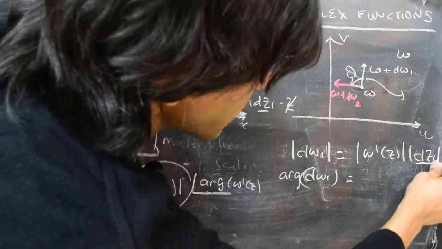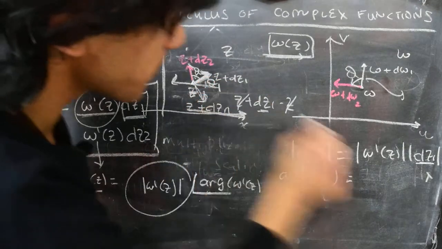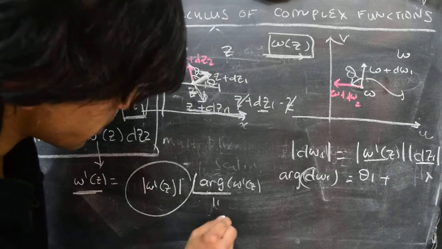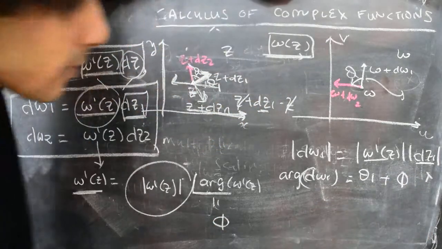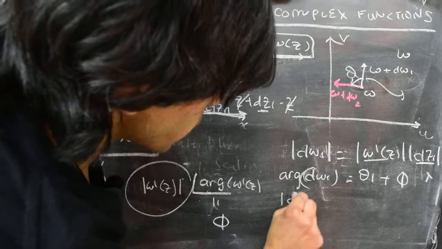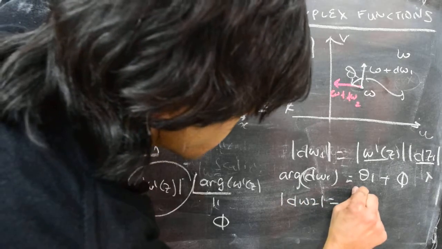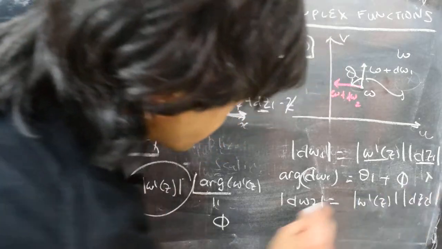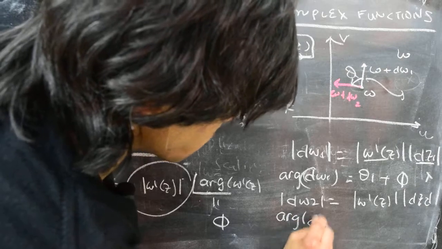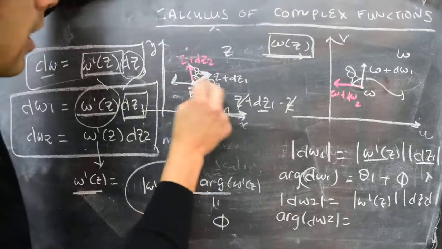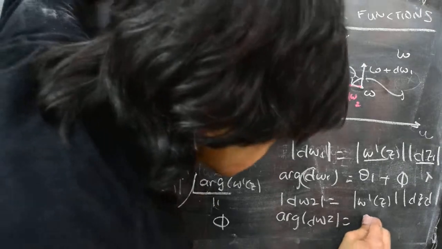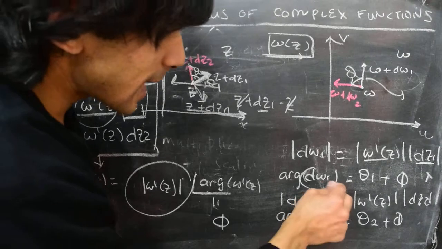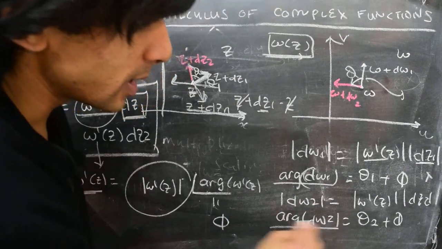So let's say the angle that dz1 was making is theta 1. So it's theta 1 plus, let's say the argument of w prime z is phi. So let's denote this by theta 1 plus phi. In the same way, the magnitude of dw2 will be the modulus of w prime z times dz2, whereas the argument of dw2 will be, let's say dz2 was making an angle of theta 2 with respect to the x-axis, theta 2 plus phi,